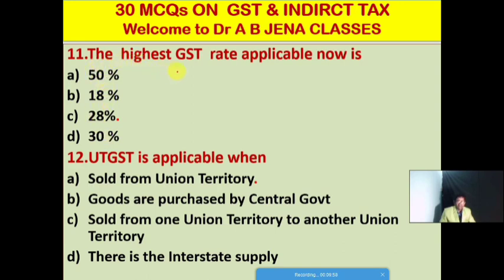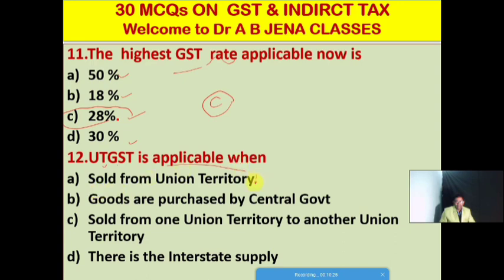Next MCQ. The highest GST rate applicable is whether option A 50%, B 18%, C 28%, D 30%. So the right option is C, it's 28%. Dear friends, then next MCQ is that UTGST, Union Territory Goods and Services Tax, is applicable when